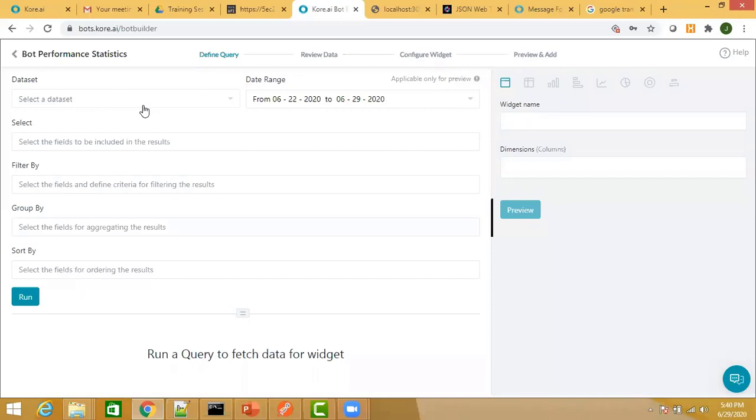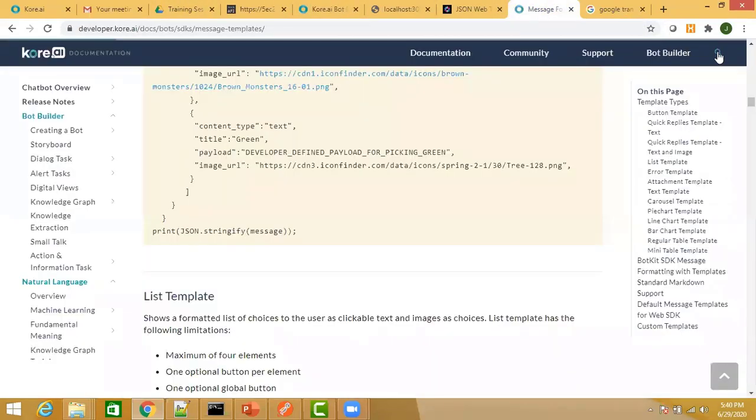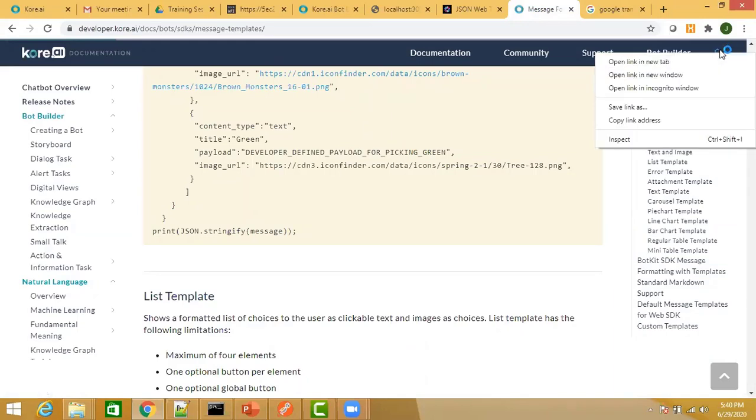Similarly, we have statistics for the messages exchanged between the bot and the user, and another data set which is the session related data set. If you want to see the details of each of these data sets and what data is available under each, refer to our documentation.